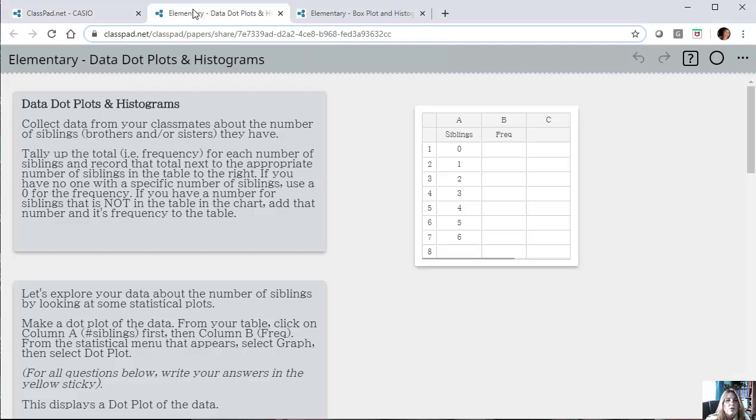So the first activity is called elementary data plots and histograms. There is some information already here, and they're going to be collecting data on siblings, but obviously you could change that to whatever data that you want. The idea was to use this in a classroom, and so if students are working online now, or they want to just go around and interview their friends, they're going to basically write down the